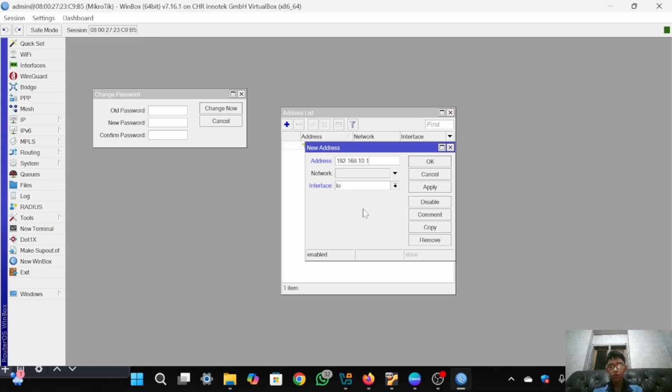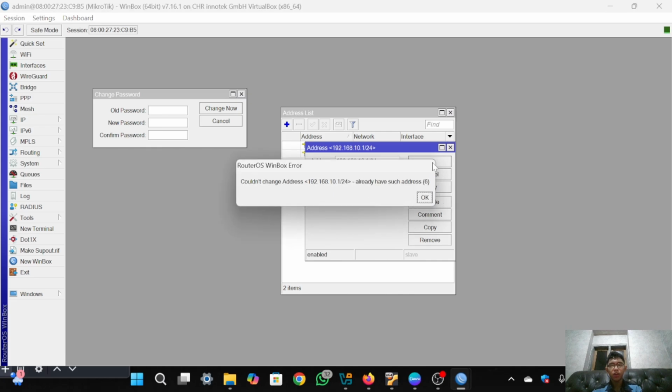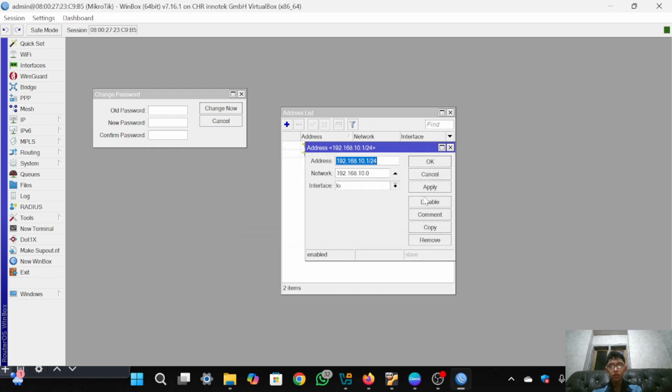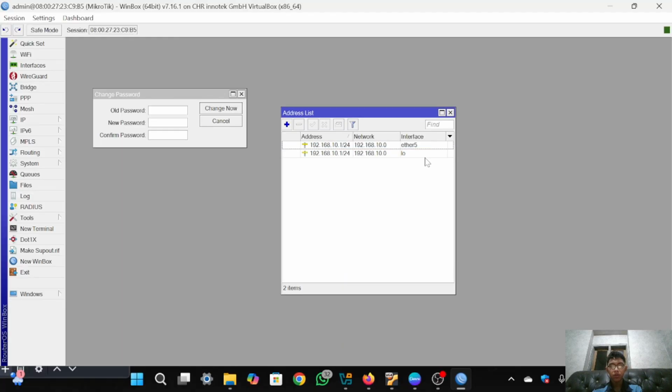And don't forget to give the prefix and click apply. And the interface is Ether 1. And click OK, so it will show up like this.